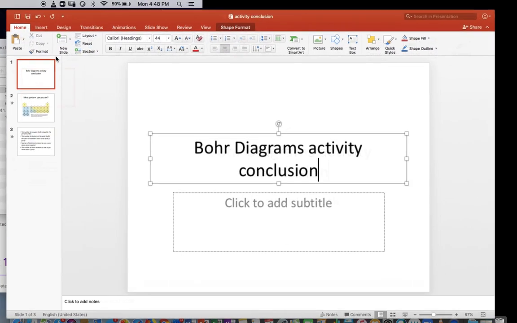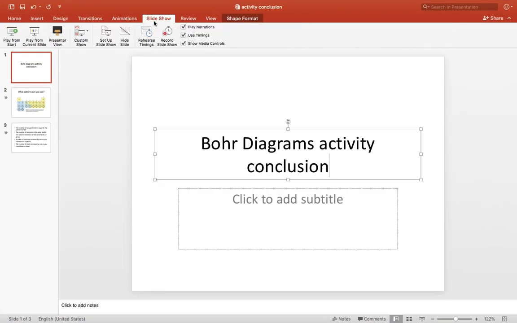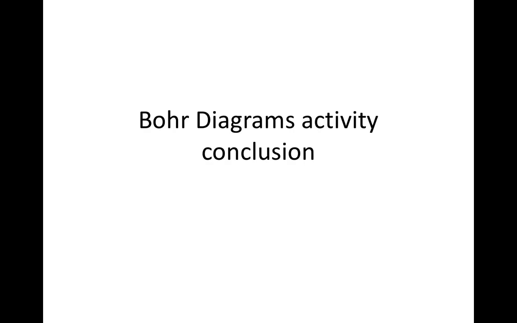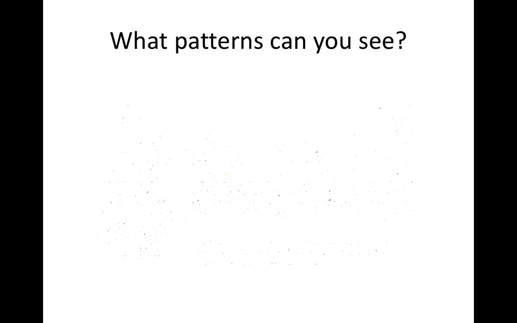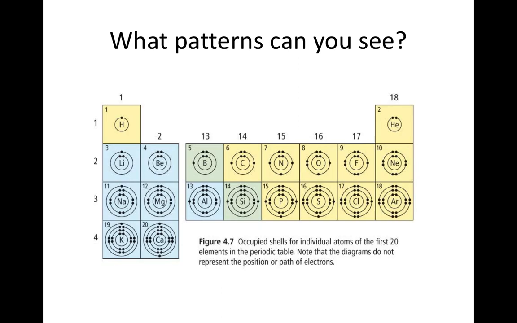Okay, we're going to go over what you should have found for the activity. So if you drew your diagrams correctly, they should look like this. The first thing you should do is check to see that you did indeed draw them correctly. And you should have them placed like this in order of their group and their period, going across and down